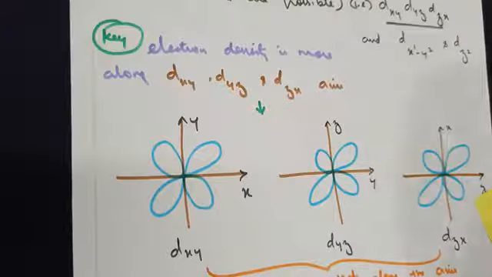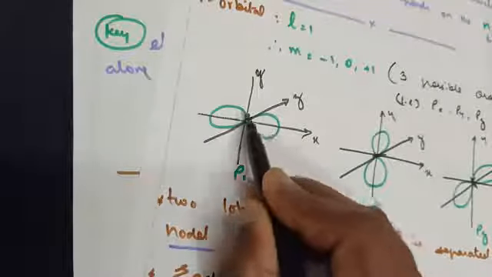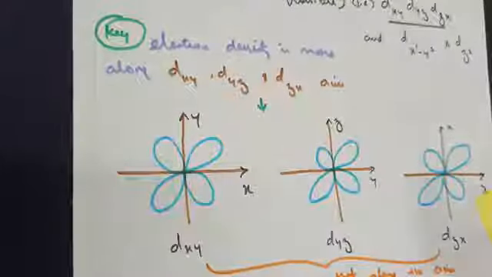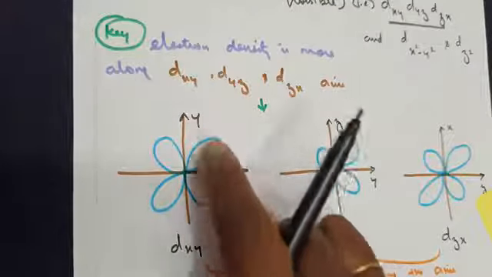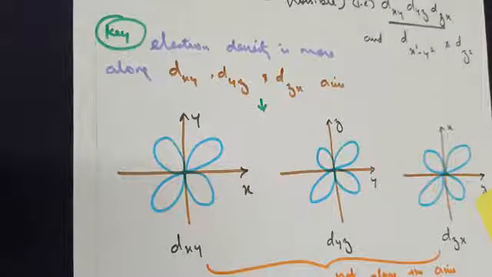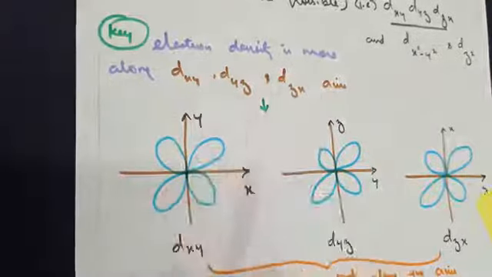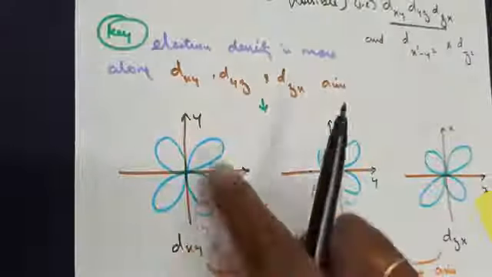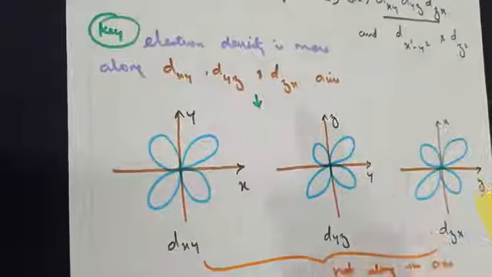Now the only point of difference is that in the p orbital, electrons are found along the axis, meaning the lobe diagram is drawn on the line. But if you look at it, here the lobe diagram is drawn in between the axes. So these make up one orbital, and this makes up another. These two stand for one axis, these two stand for another axis here.